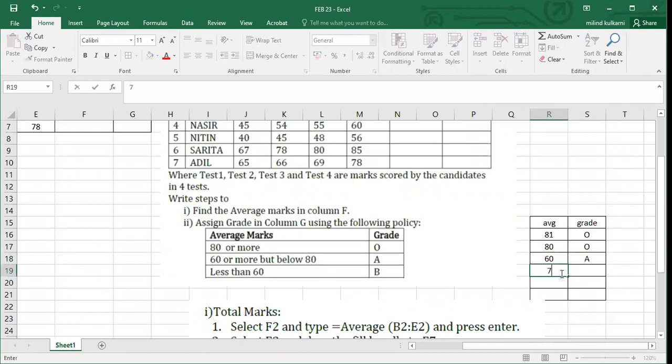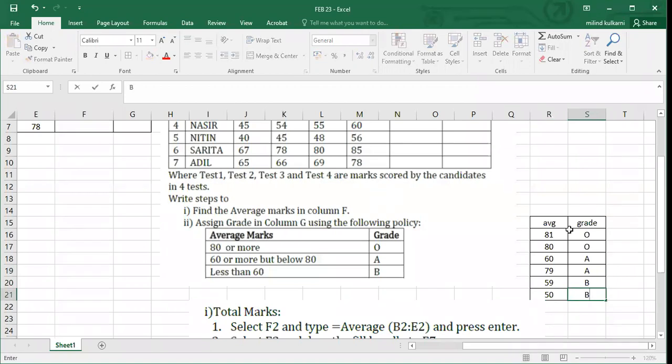For 79, suppose average marks is 79, can I write A? Yes. Very good, nice. Then less than 60. Less than 60 means if your average marks is 59, then can I write B? Yes, B. Now again for 50, I can write B.